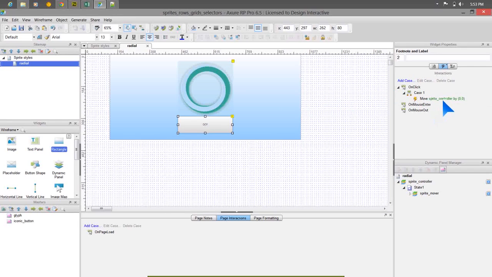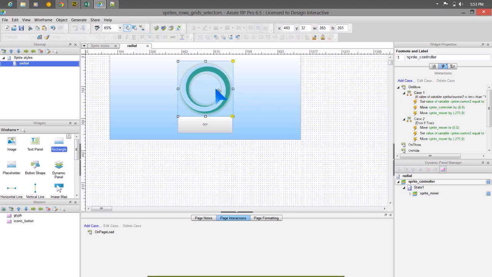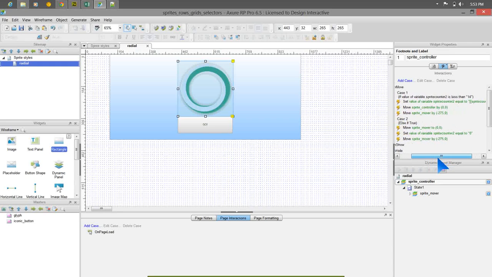I press go, and it moves the sprite controller by 0, 0. Great. When I move the sprite controller, if the value of sprite counter 2 is less than 14, I want you to set the value of the variable. That's right. Move the sprite controller by 0. Oh, I know exactly what I did wrong. Okay, so